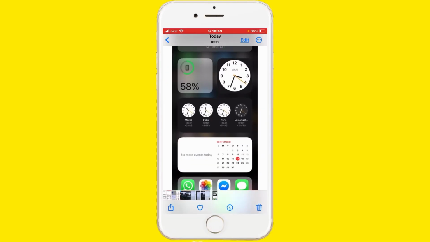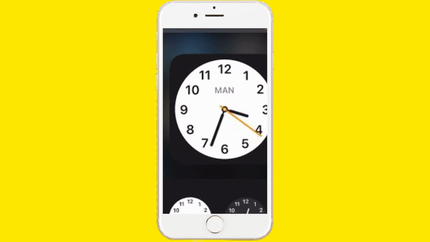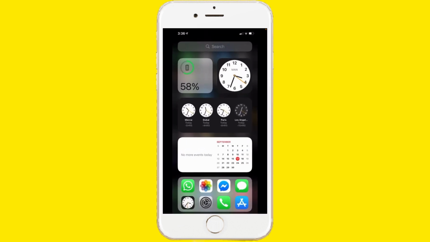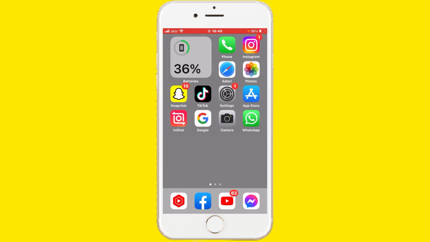In this video I'm going to show you how to fix clock widgets not showing on iPhone iOS 16. This is showing only iOS 15. You want to add clock widgets, so first of all open up the App Store